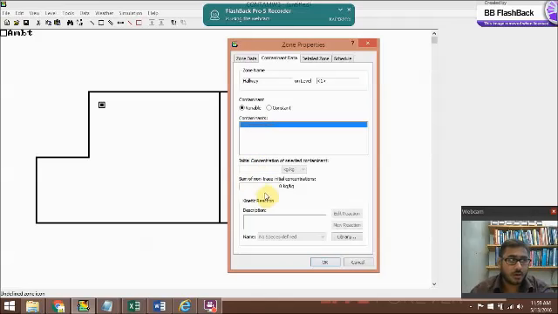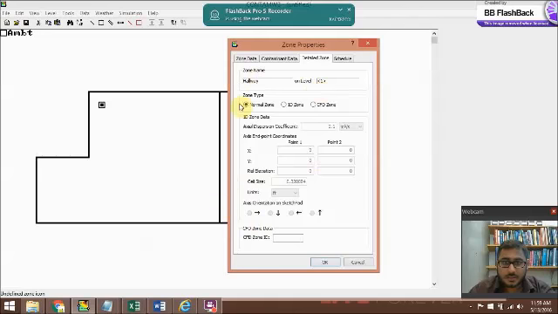Like CO2 would be at least 400, or it would not go below 400. So you can set it up saying that okay, it would start from 400 and not from 0. And this is usually more for a CFD. We would do a normal zone and